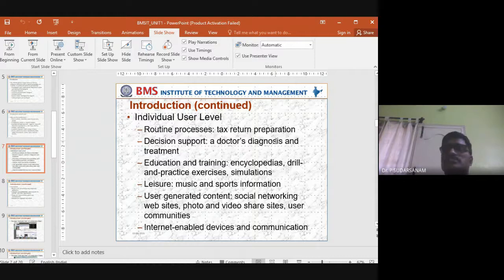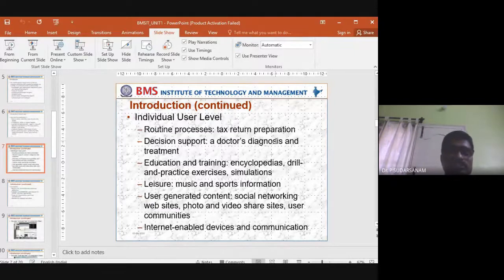So photos and video sharing: many social media platforms are available. You can take the best example of LinkedIn or Facebook, where you can share photos and videos. Security is nothing but believing them and sharing. Sometimes we share only with our friends, sometimes everyone in public can see all these things. So that is the second one.